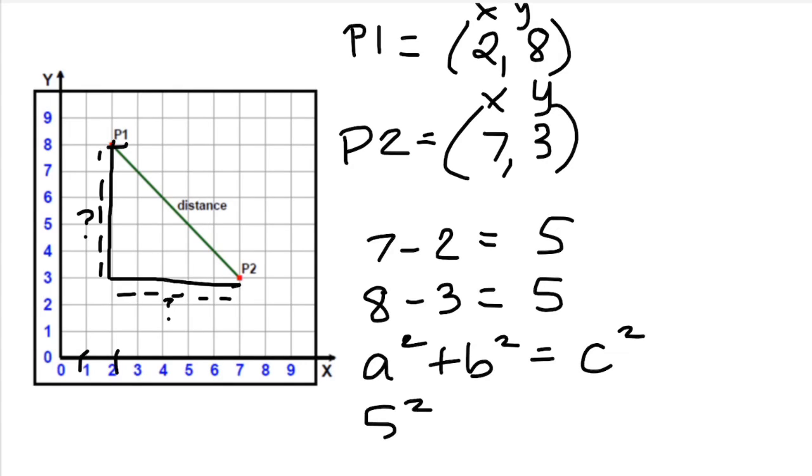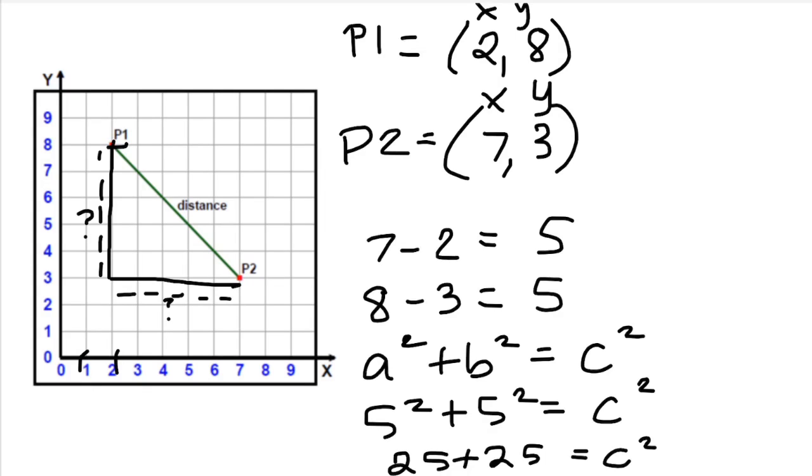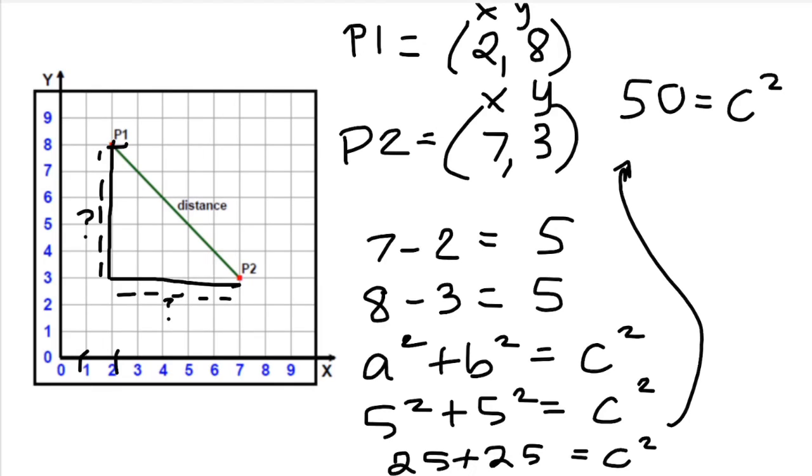So we have 5 squared plus 5 squared equals c squared. 25 plus 25 equals c squared. I'm out of room, so I'm just going to go right up here to finish it up. So we've got 50 equals c squared. We're going to find the square root of both sides, so we just get that diagonal distance and not the c squared of the diagonal distance. So we have 50, and we're finding the square root of 50, which is approximately 7